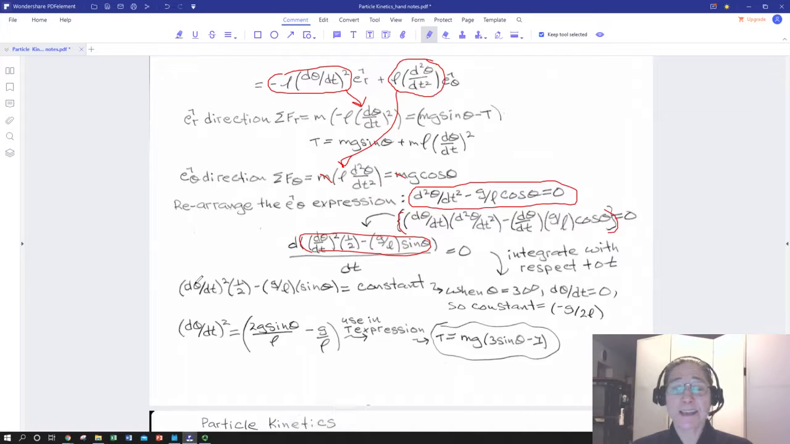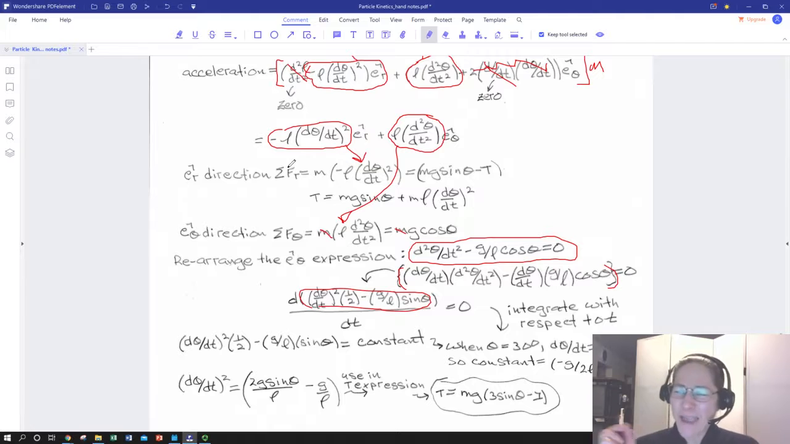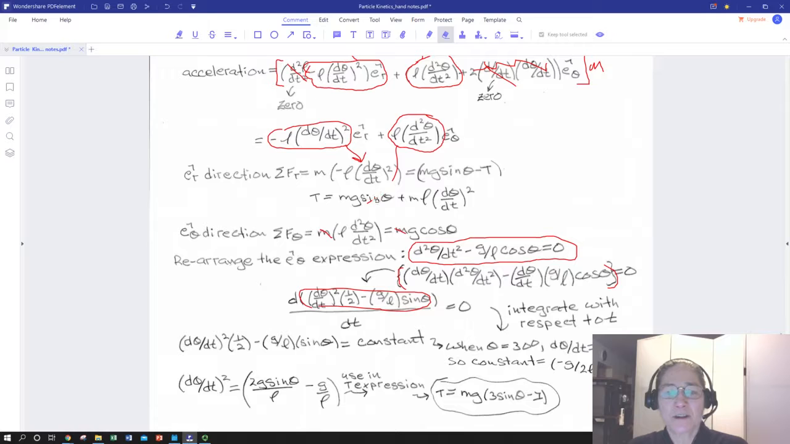And the nicest thing here is, here's d theta dt all squared. First derivative of theta with respect to time, total thing squared. What were we asked for? We wanted an expression for tension in terms of position, theta. And we ended up, got to erase some stuff here. We'll go back to our Newton's second law expression in the radial direction, because that's where we had tension. So if we look at that back up here, we had